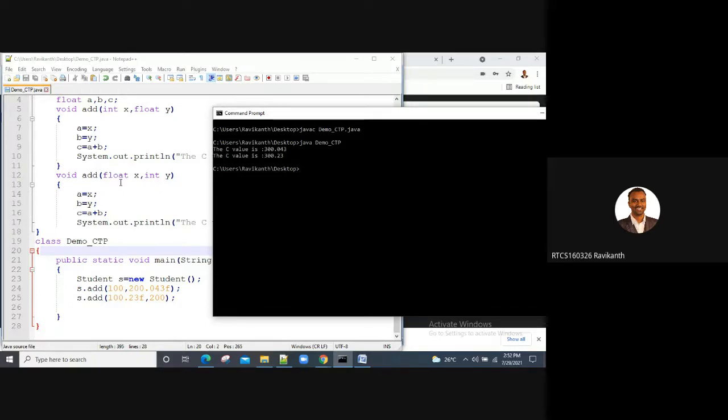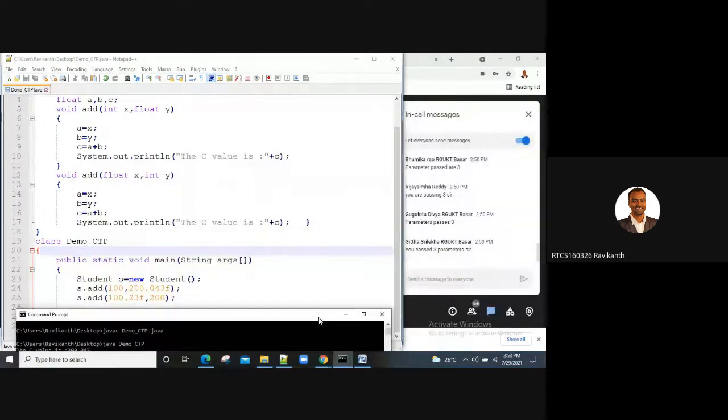Accordingly, it is going to display the results. Is that clear? Are you all clear with the three concepts: number of arguments, order of arguments, then type of arguments?